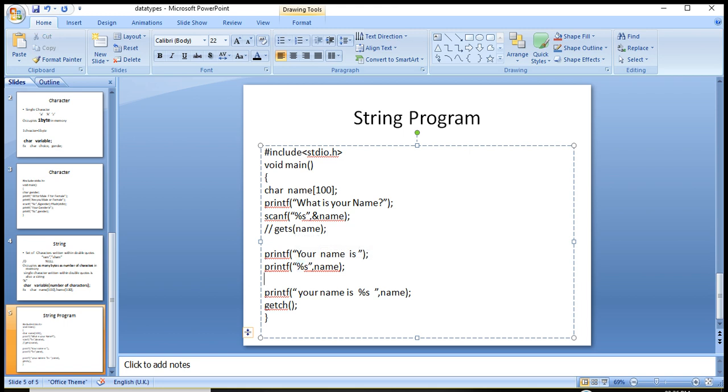A string is always ended with the \0 null symbol. The null symbol is hidden, but it is not used at the end of a character constant, only in the case of a string variable. A special character is kept at the end of the string variable value. It will be clear to you.